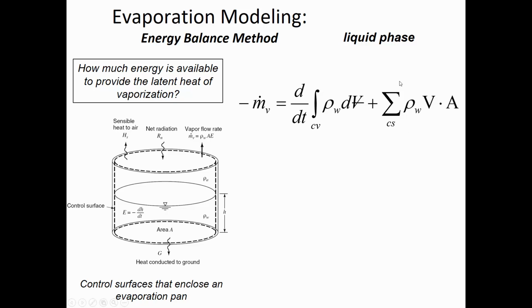Okay, so this equation is saying that here in the liquid phase, the mass that's lost through the control surface is equal to the mass that is inside of the control volume. So it's the reduction in volume over time and the flow out through the control surfaces. And that is going to be a velocity that it's exiting and a cross-sectional area. So the two terms, this is a lot like the Reynolds transport theorem that we learned back in fluid mechanics, where we're saying there's a difference between storage and transport,